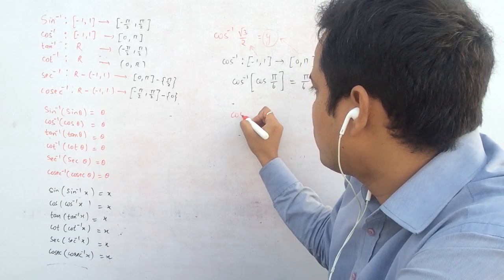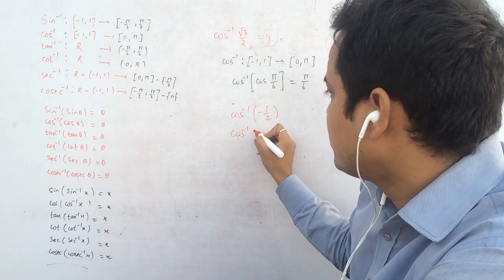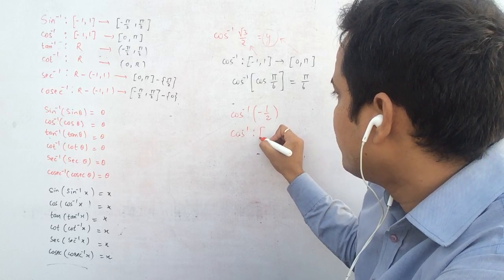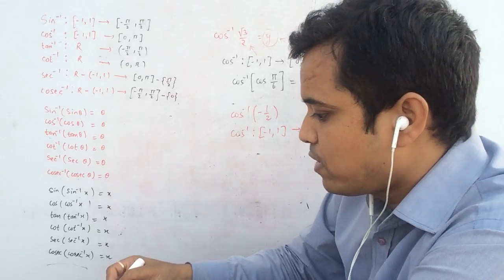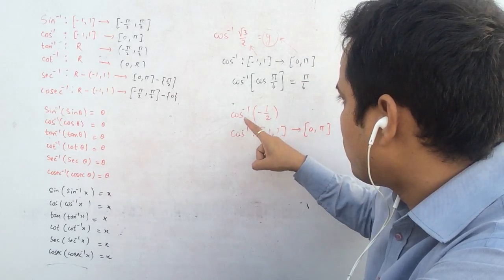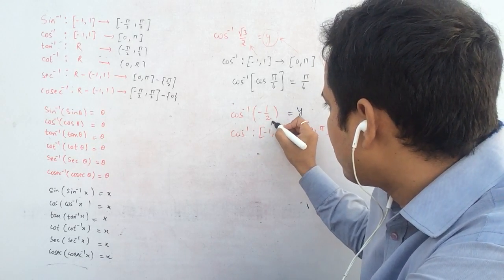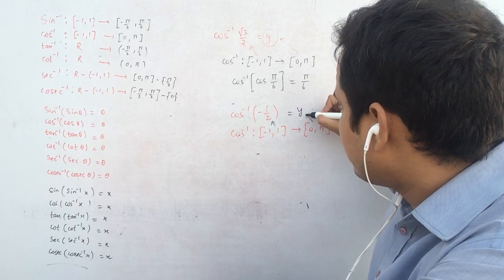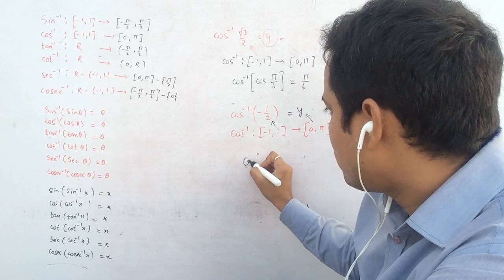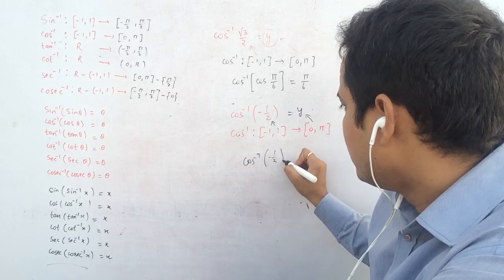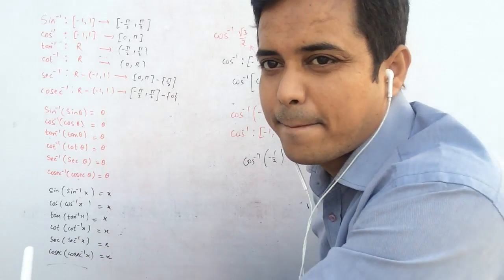Suppose it is cos inverse -1 by 2. Again, you need to know the domain and range. Domain is -1 to 1, and range is 0 to pi. So whatever value you take of x, cos inverse x equals, suppose, y. Whatever value you take from the domain, you get the answer from the range. So cos inverse -1 by 2 can be written as cos inverse of minus